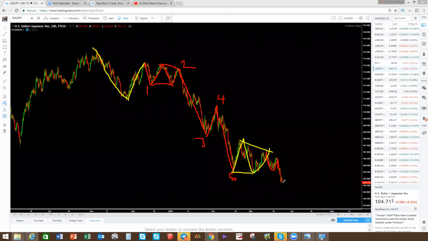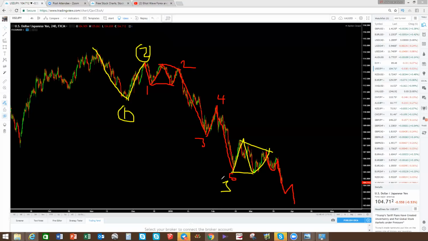And if this is the 4, then we're looking for this to do this, 1, 2, 3, 4, 5. So this will be the one that takes us inside the blue box. Keep an eye on this sequence here. So you can keep selling this all the way down, but every time you sell here, you must take profit quickly. This can come down with an impulse like that. So this will be your 1, this will be your 2,